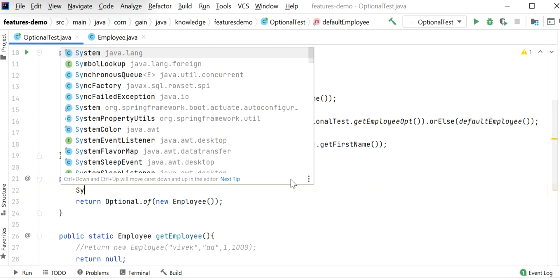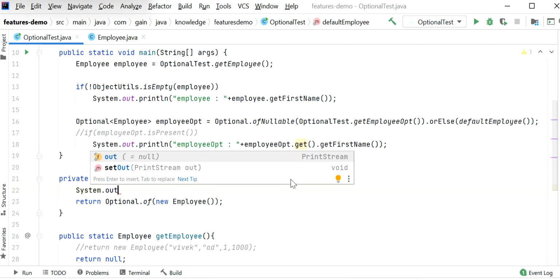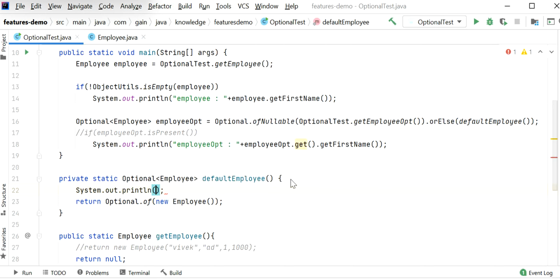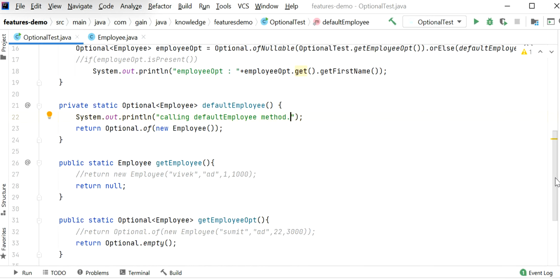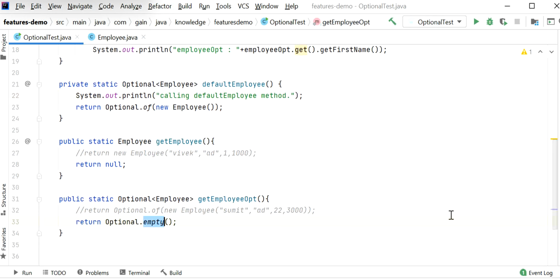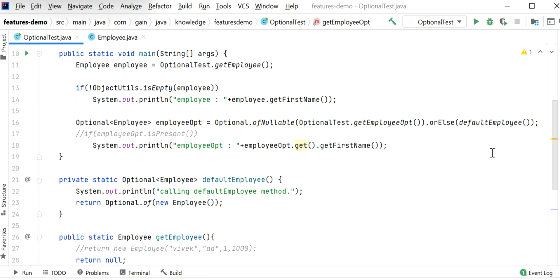So here I will just print one statement, System.out.println, calling default employee method. Let me run this application again, and here we can see if we are getting an empty object, in that case the orElse method will execute and we will get the default employee object, and inside default employee the first name is null, so the first name value will be null.